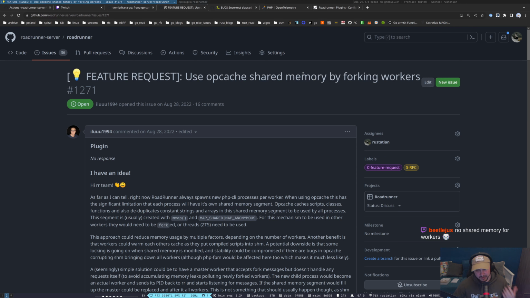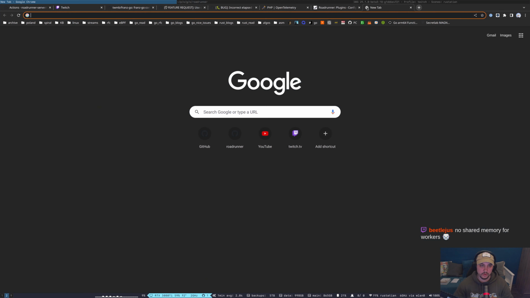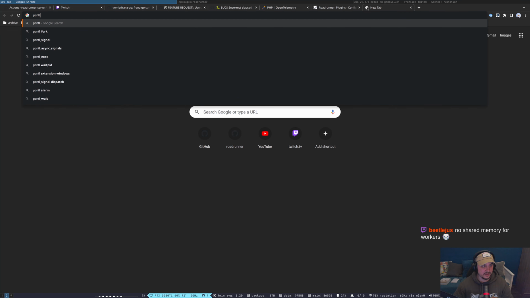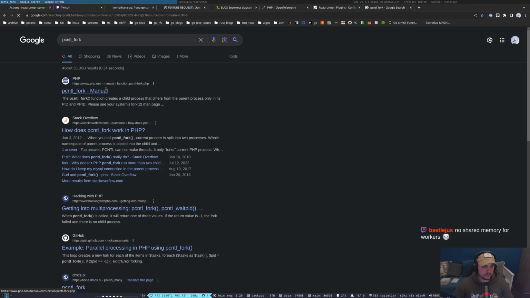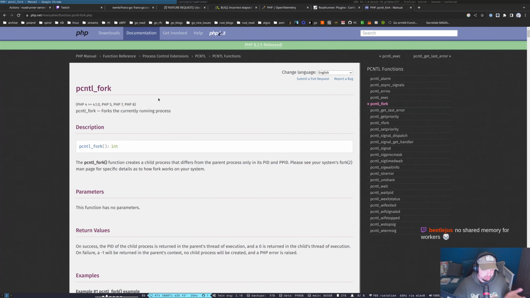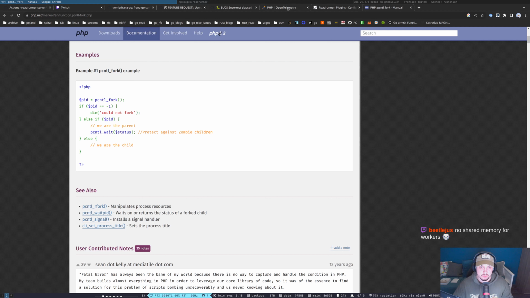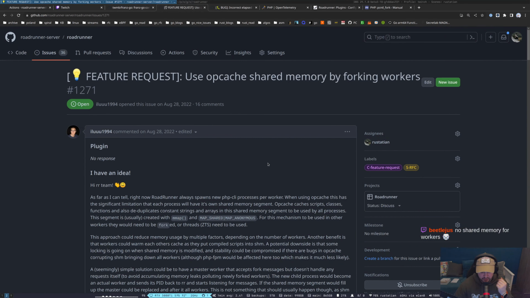Basically the feature is to have some kind of master worker which contains nothing inside it but only the logic to fork. Inside PHP we have only one ability to fork, PCNTL fork, which is available under Linux. And the only point of this is to reduce memory consumption